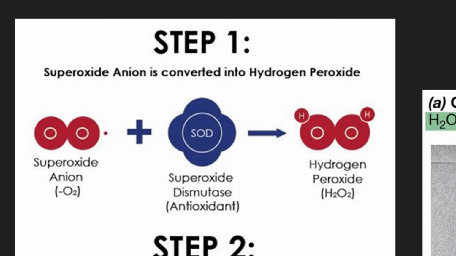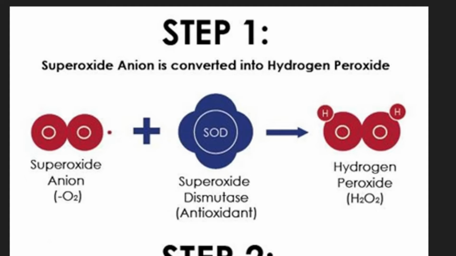Typically, we think of two enzymes being used in order for cells to be able to grow in the presence of oxygen, and those are superoxide dismutase and catalase. And these are considered antioxidants because they undo the oxidation of that reactive oxygen species and convert it back to its